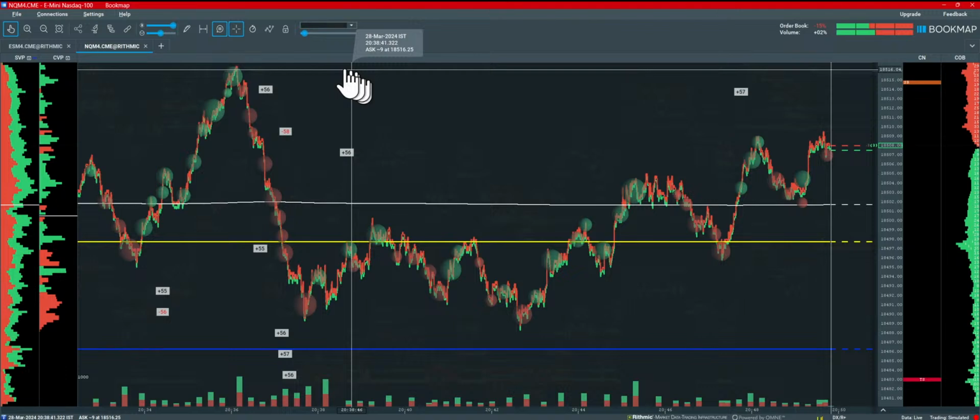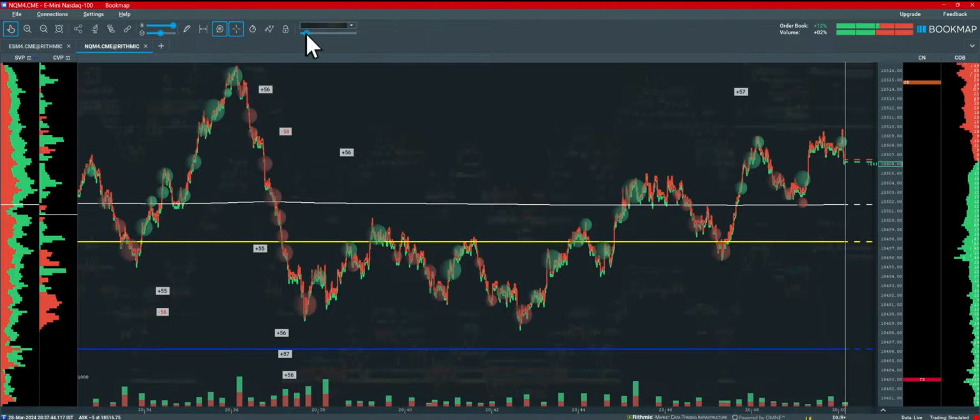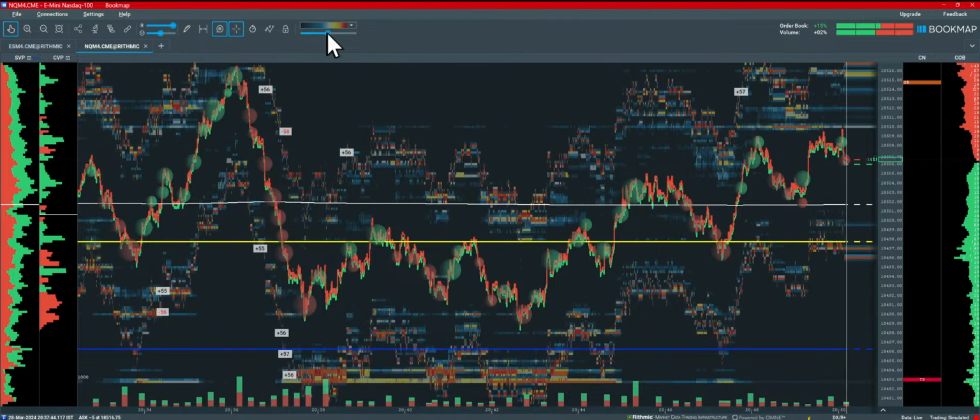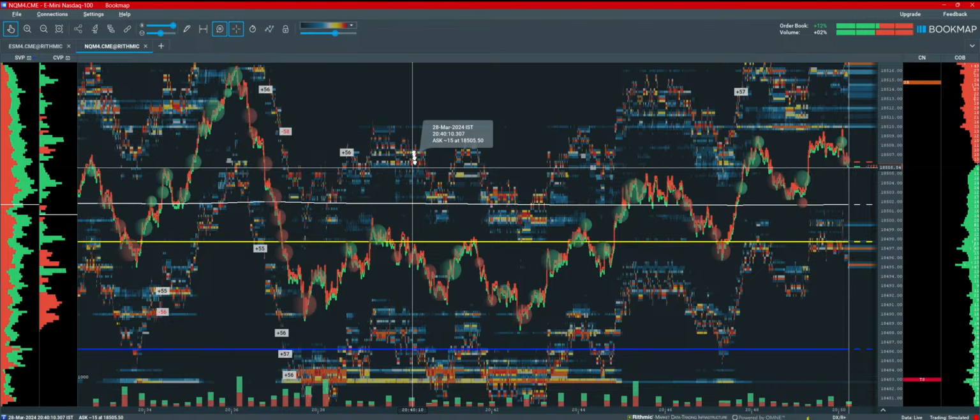Okay, so this is what is heat map. It gives you a pictorial depiction of the passive buyers and sellers at each level. So now suddenly the whole picture will change. On the right side, of course, when the market was going down, we had seen that the number of passive buyers was more. Of course, that has led to this. Now let's get into how this heat map is set up.